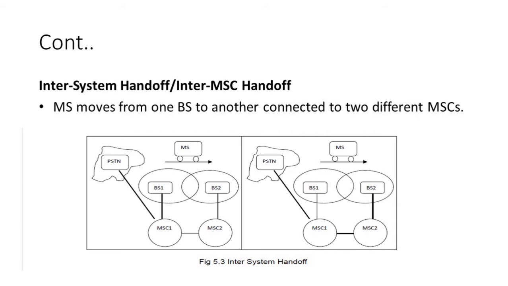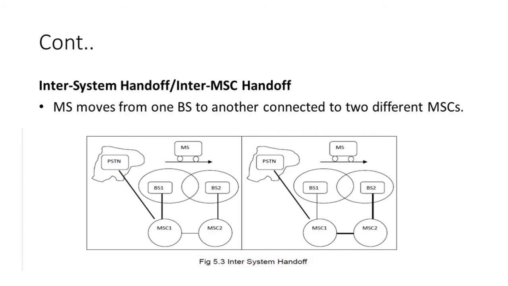First step is that MSC 1 requests MSC 2 to perform handoff measurement on the call in progress. MSC 2 then selects a BS by interrogating the signal quality and sends the information to MSC 1. Then MSC 1 asks MSC 2 to set up a voice channel. This happens only when the signal quality is strong. If it is not strong, you might have seen that we sometimes cannot find the signal, or we sometimes feel that the mobile is not connected to any network. So this happens when there is a strong network.